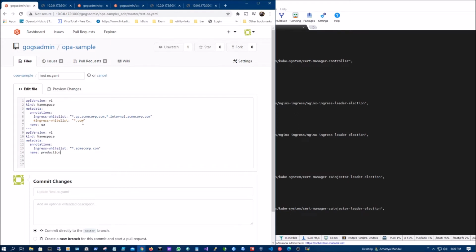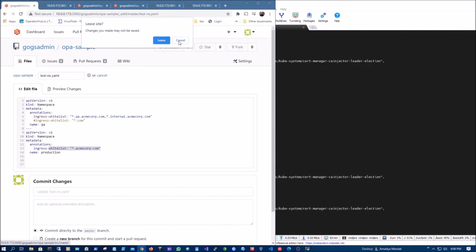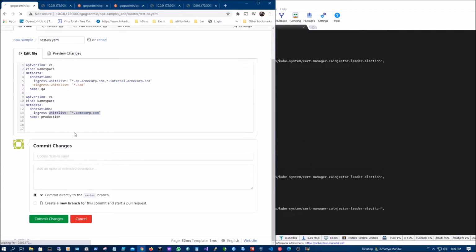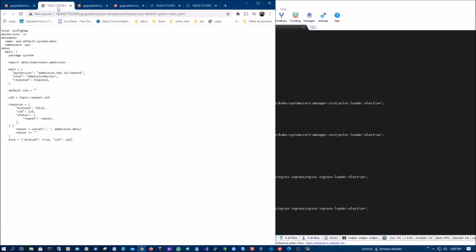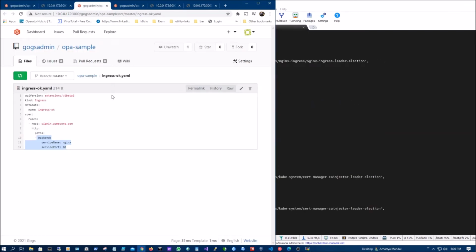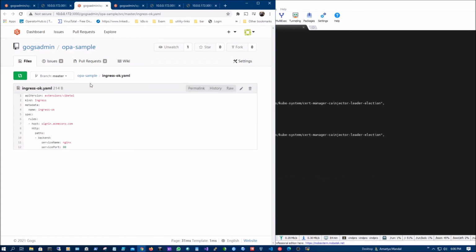But for the same site in QA, it should be abc.qa.acmcorp.com, right? So you can have this annotation simple, and what you basically want is that when you create the ingress object, it should follow that rule. Means this one is okay, right? So this is for production